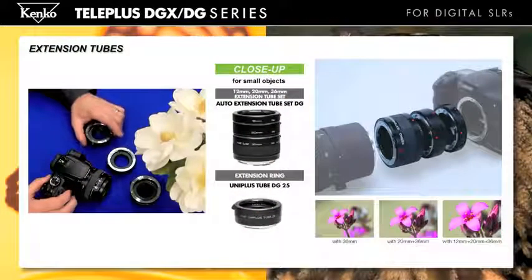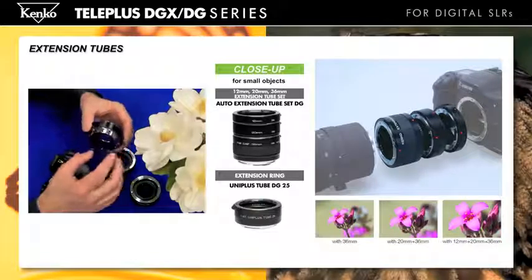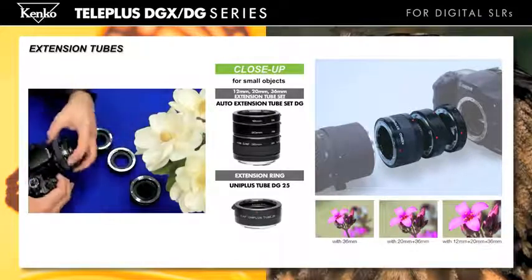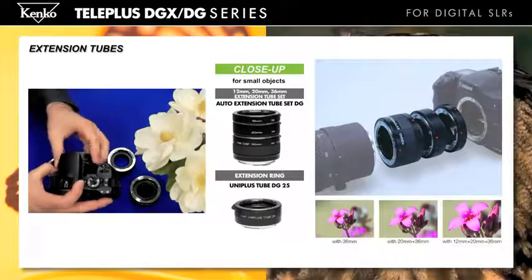Hello, now we're going to talk about Kenko extension tubes. An extension tube is just that, a tube with a mount on both sides and all the contacts to maintain autofocus and auto exposure. These tubes go in between the camera body and lens, allowing the lens to focus